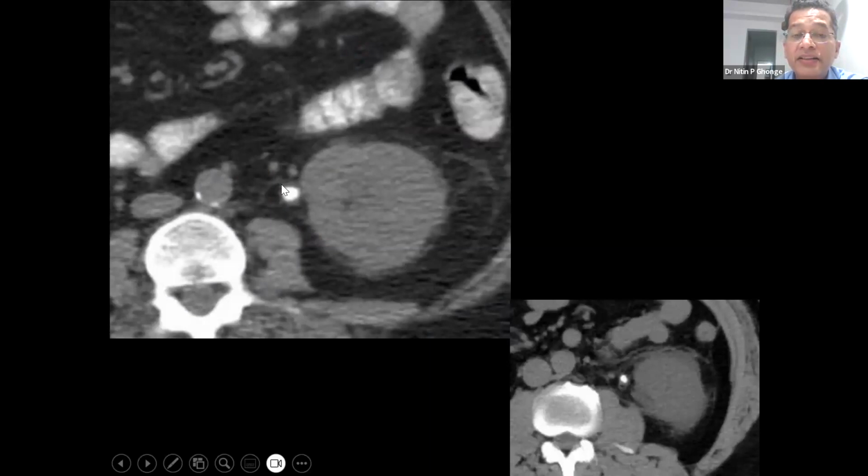And then at the same time look at the surrounding ureteric wall. The ureteric wall, if it is thickened, that means the calculus is really impacted and it is unlikely to pass of its own. So therefore you can see the ureteric inflammation thickening, and perinephric inflammation also is seen in this